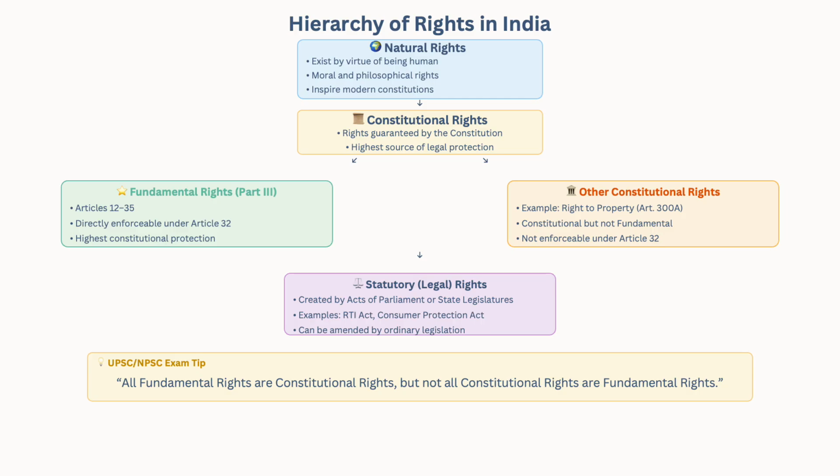Now, if you look at Part 11 of the Indian Constitution, you will learn about the relations between the union and states, and then the state list and the union list. The union has the power to make laws related to subjects mentioned in the union list. For example, the union list has railways and defense. These laws are statutes. They are not mentioned in the Constitution, but Part 11 of the Indian Constitution gave the union government the right to make laws for defense and for the railways. So whatever rights we have in relation to Indian railways are all statutory legal rights.